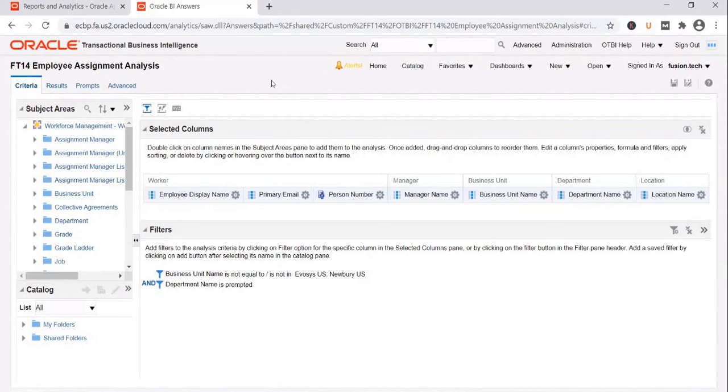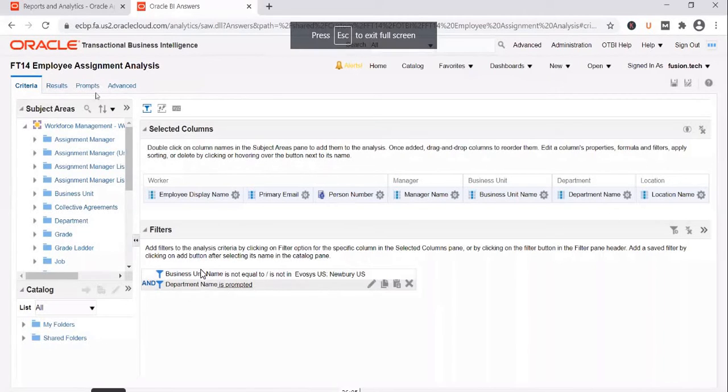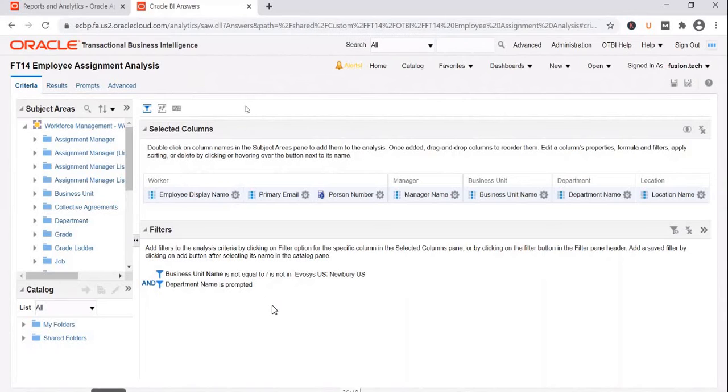But what you need to do on that dashboard page is add a dashboard prompt. And on that prompt, you need to create a department name prompt again. So whatever you have taken out from the prompts tab, you will be creating a dashboard prompt with the same column. So you save this.